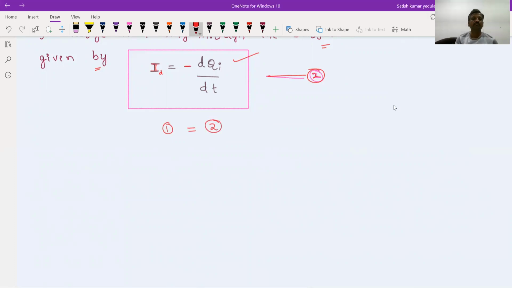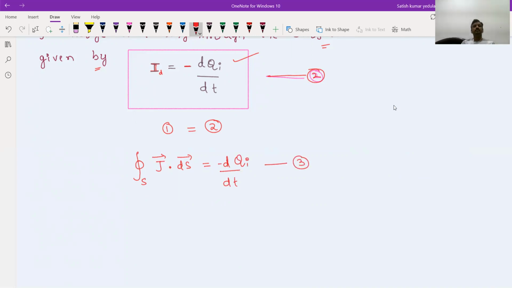But the first equation, which is the equation of current, is for the closed surface. Why is it closed? Because you have applied the expression I equal to surface integral j dot ds to a closed surface. You should always take the closed surface integral, so I is equal to closed surface integral of j dot ds, and this I is also equal to minus d by dt of qi. Call this equation number 3.